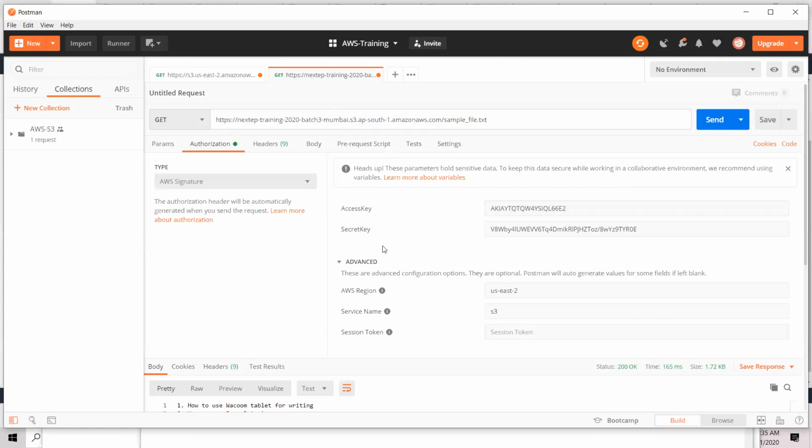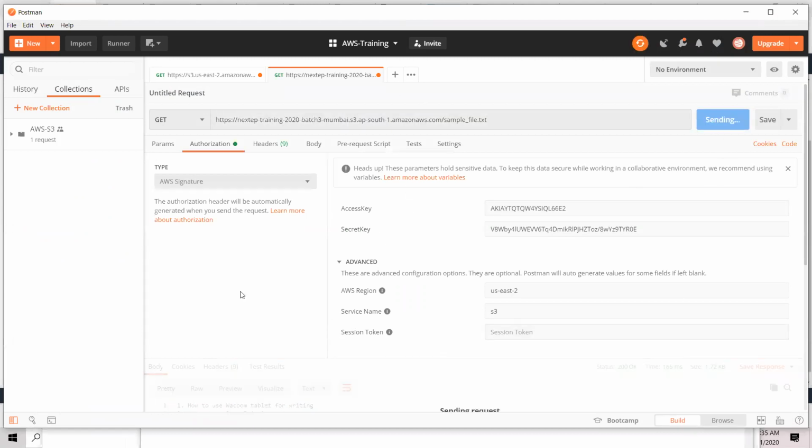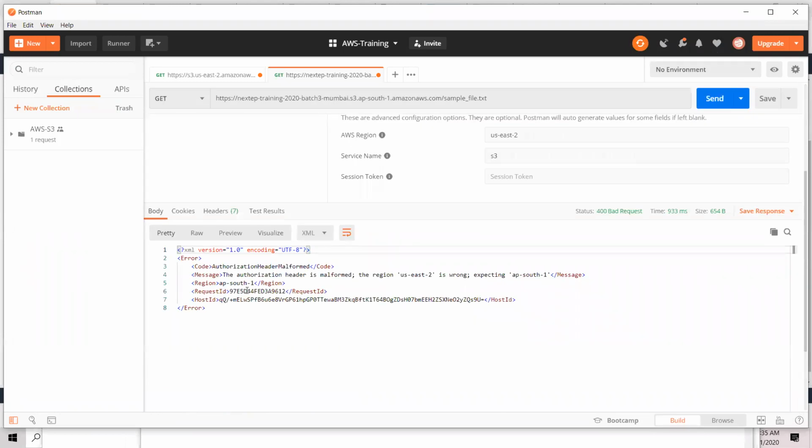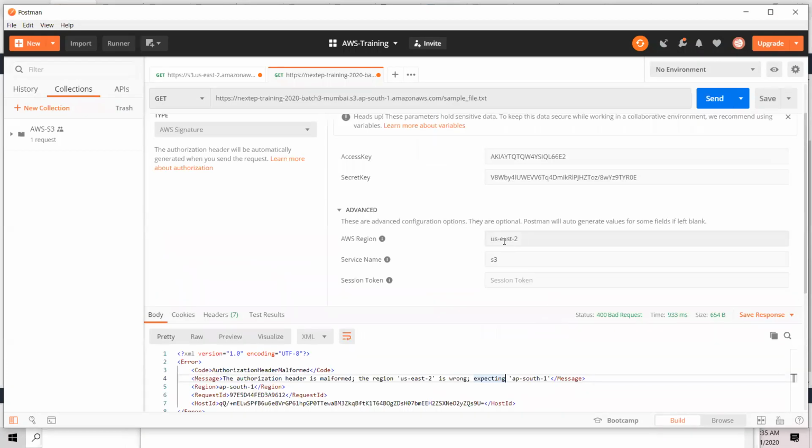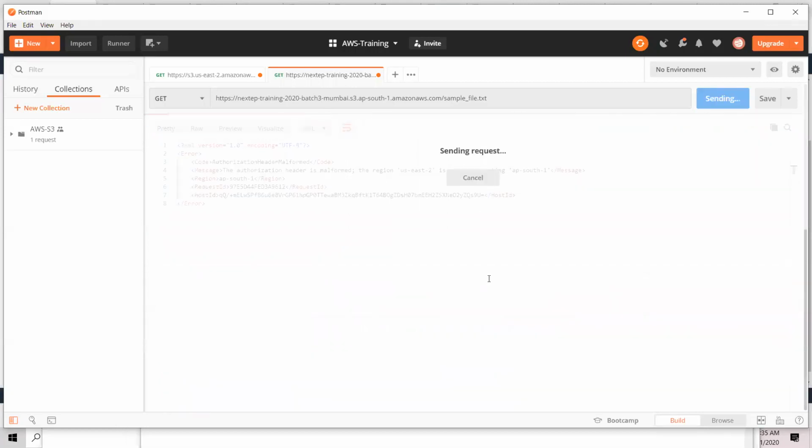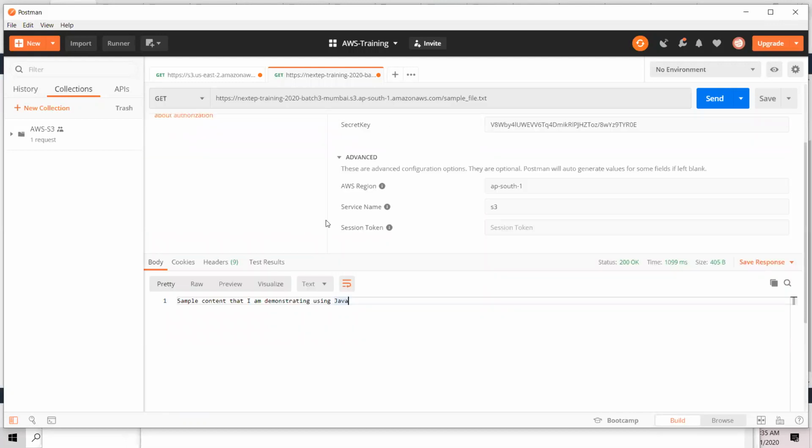I'm using my access key ID and secret access key. Authorization header malformed, the region us-east-2 is wrong. There you go. Excellent. This should be AP South 1, because it's in the Mumbai region, right? There you go. Sample content that I'm demonstrating using Java.